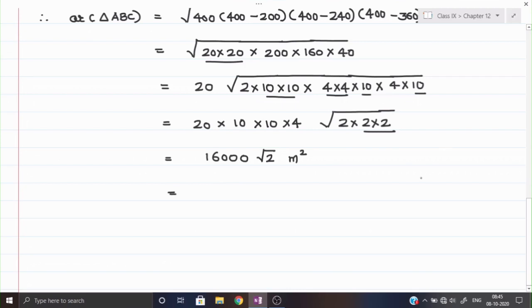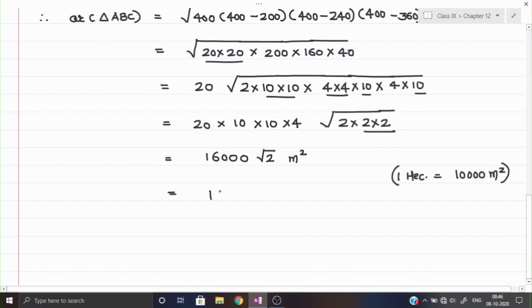So see what relation is given. 1 hectare is equal to 10,000 meter square. Okay, this is the given relation to us. Now according to this relation, if I am converting into hectare, hectare is a bigger quantity while meter square is a smaller quantity. Because in 1 hectare, 10,000 meter square are there, right? So when we are going from a smaller unit to the bigger one, we need to divide always. So here we shall divide by 10,000.